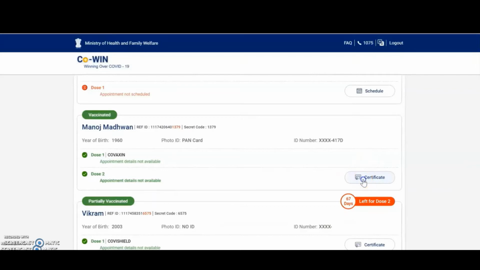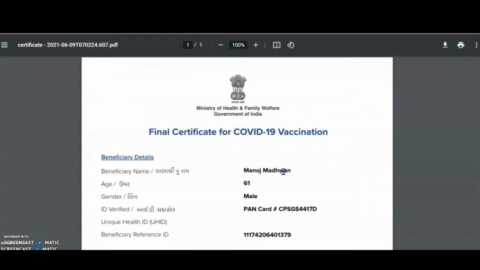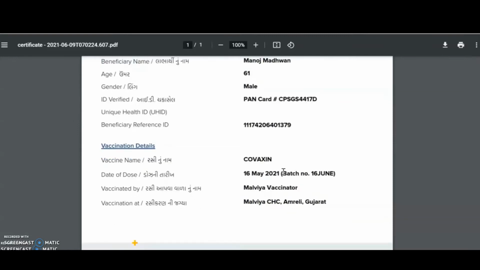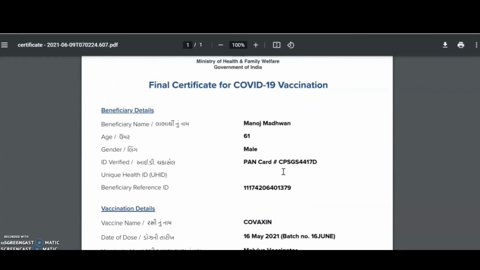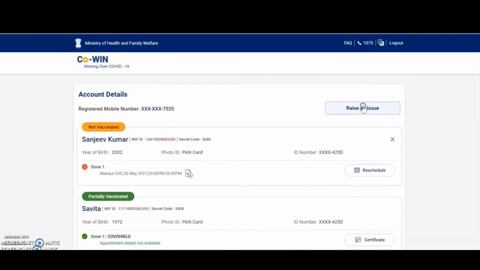So in the self-registration portal you can check your certificate, and if there is a correction required, for example here the beneficiary wants to include middle name Manoj Kumar Madhavan, and because of the typo error the year of birth went wrong, so want to correct the year of birth, then beneficiary can click on raise an issue,